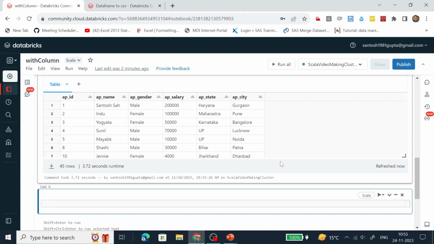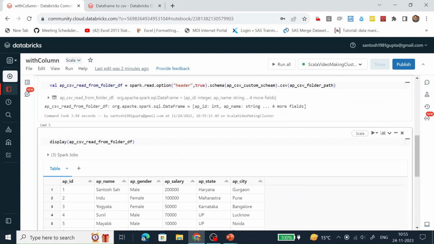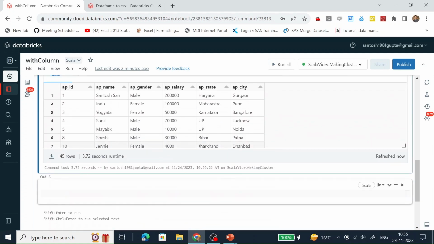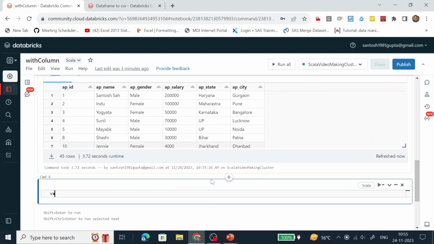Now see how we can create a column on top of that data frame. Let's define a variable AP.